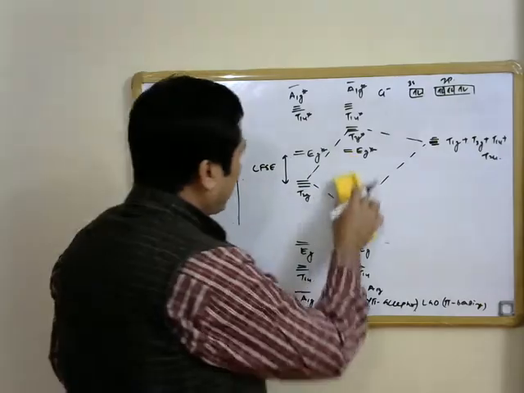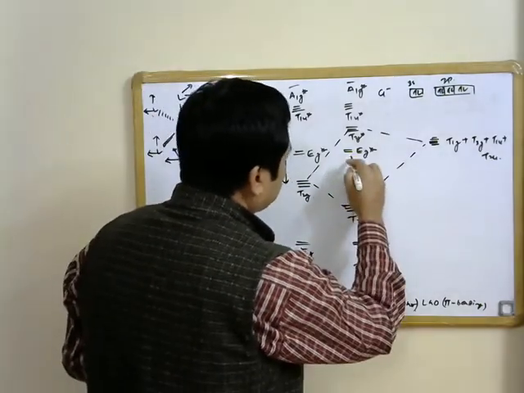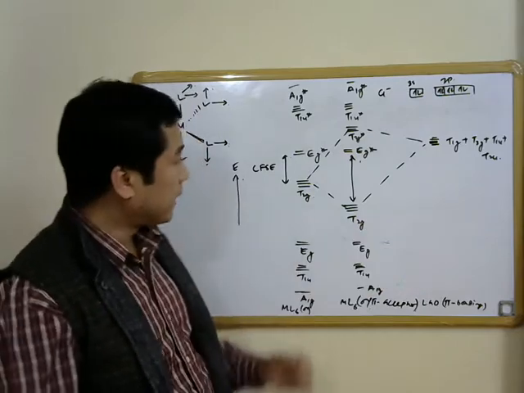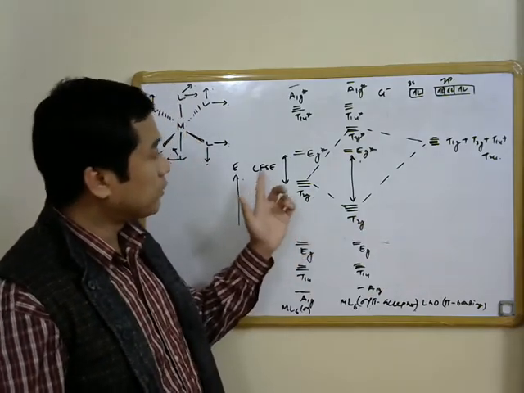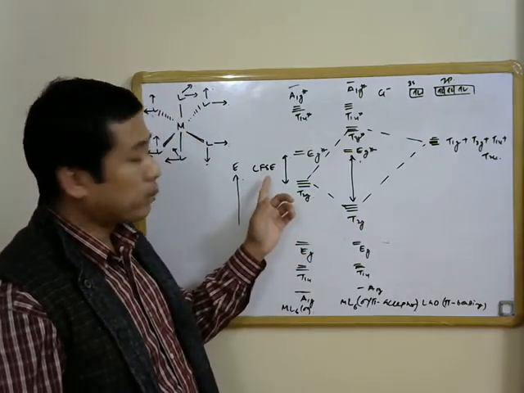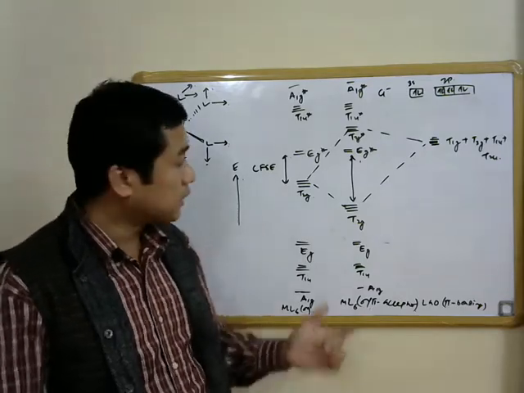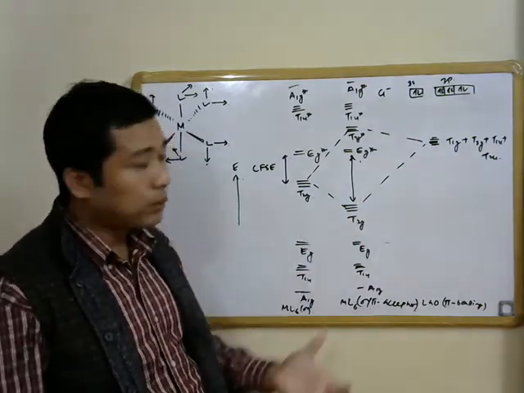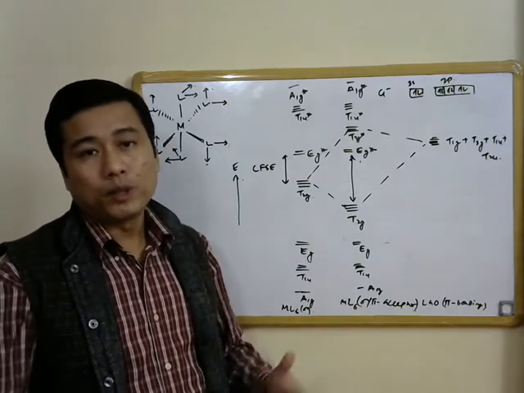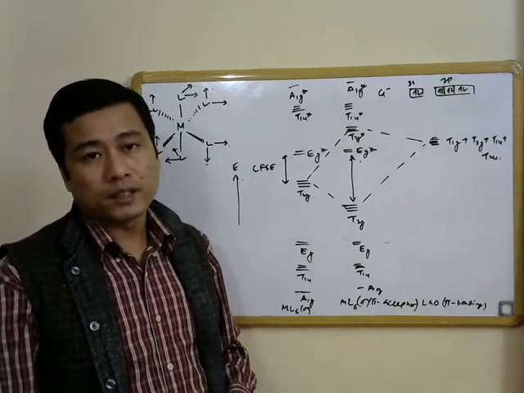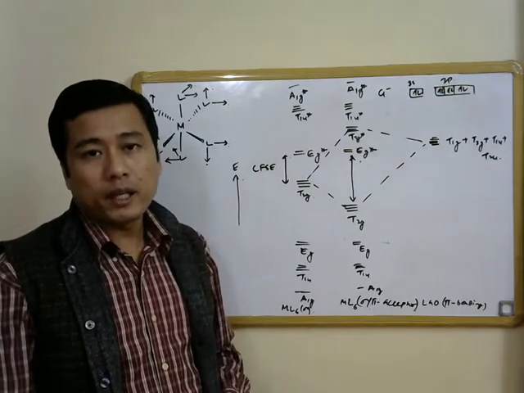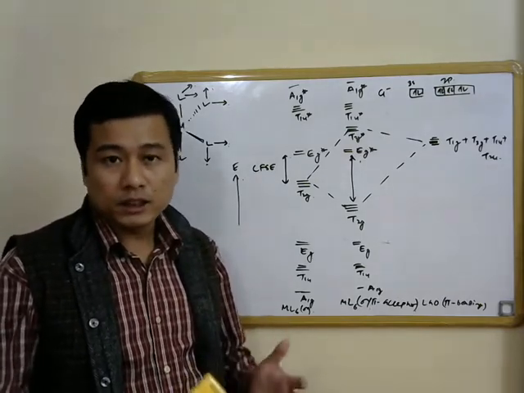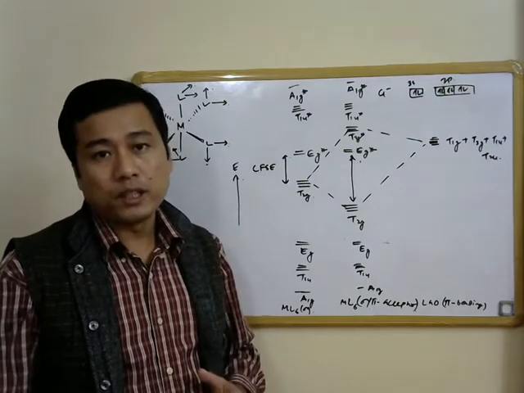And now if we compare the CFSE after formation of the pi bond with pi acceptor kind of ligands, we see that there is a substantial increase in CFSE as compared to only sigma donor ligands. When pi acceptor ligands, carbonyl ligands, form pi bonds, the CFSE of the complex essentially increases. So that is the reason why pi acceptor ligands like carbon monoxide are considered as strong field ligands.